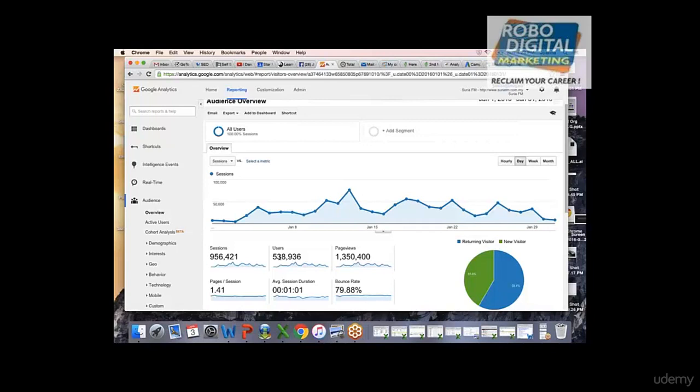There could be a number of reasons. One reason we already know is that the page loading time is quite high. Let's try to find out if there is any other reason. On the left hand side, click on demographic, then overview.